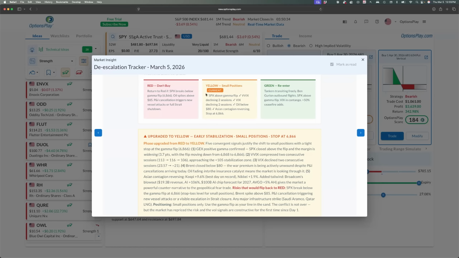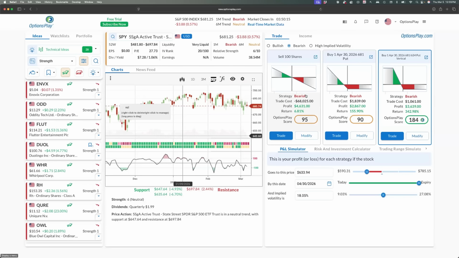So this could potentially go back to red if over the next few hours we continue to see dealer hedging or gamma flip back to the negative, which it did. VVIX is back up. VIX is back up. Oil is back above 80. So, like I said, there's a lot of things that are very fluid, and that's why we built this tracker